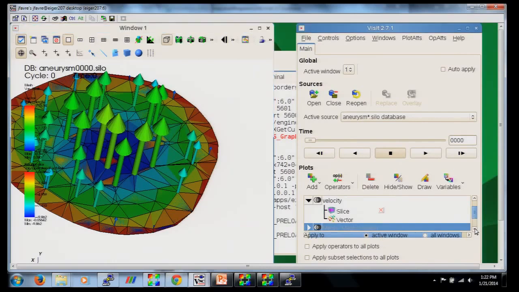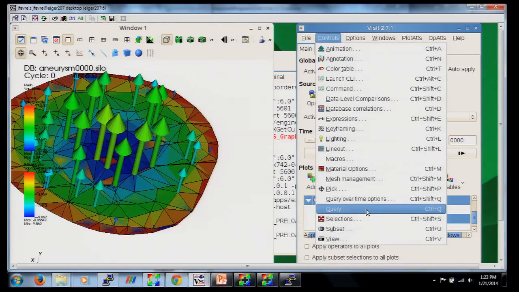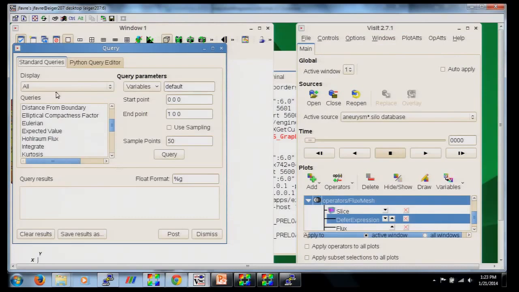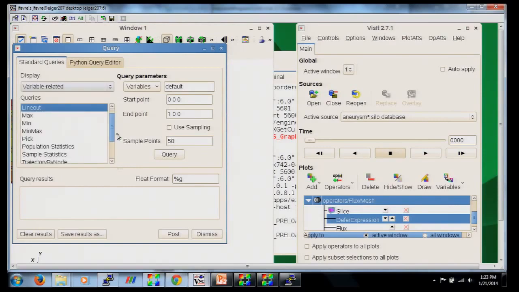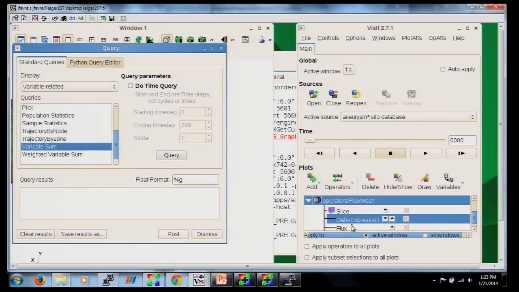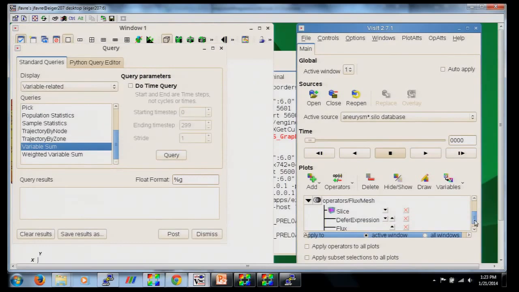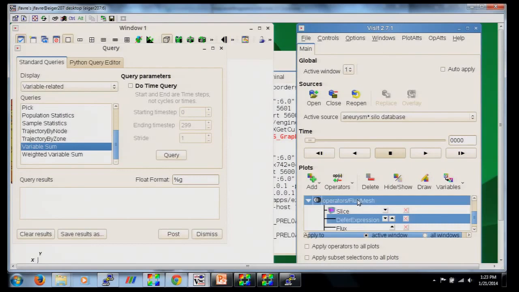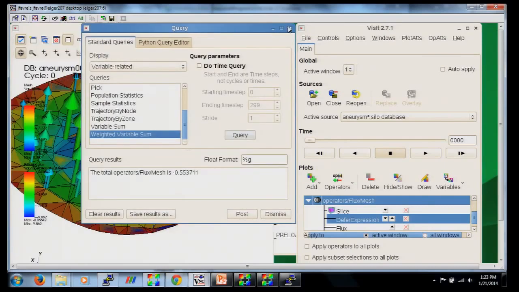And if I choose the correct object at the very end, so this one, I can now query for the value of the operator. I'll do a query, variable related, variable sum. I didn't like that. Normals is here. My flux was computed correctly. There's my flux. Okay. We have a negative flux,